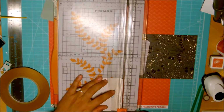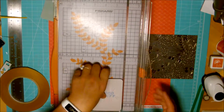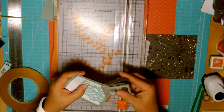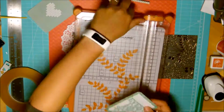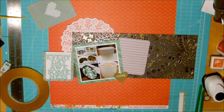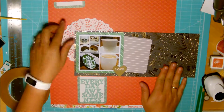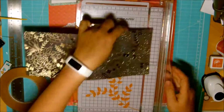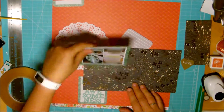It was some of the everyday and some of the awesomeness that we had on our vacation last summer, I think. And here I'm just rounding the corner so that it fits the Project Life card, and I'm going to cut down the top of this Project Life card so I can use the top as an embellishment up in the left corner. And I'm just going to cut down this paper, and I'm going to start mounting this,